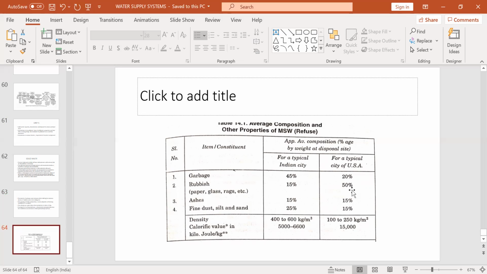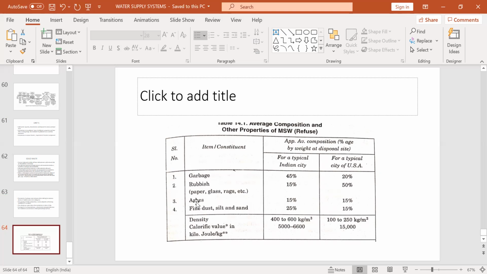Why is the generation of rubbish more? Because of industrialization. These countries in the West, like the United States, Canada, or the European countries, are highly industrialized and urbanized. They use modern methods and modern technologies everywhere in their day-to-day or domestic activities. In such a scenario, your production of rubbish will be more, because garbage comes mainly from waste food products only. That is more in India.